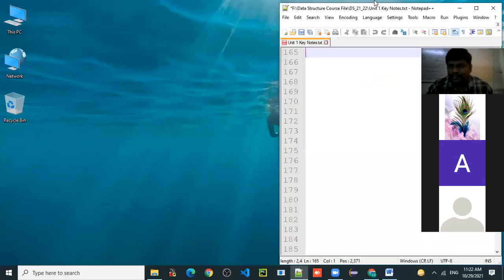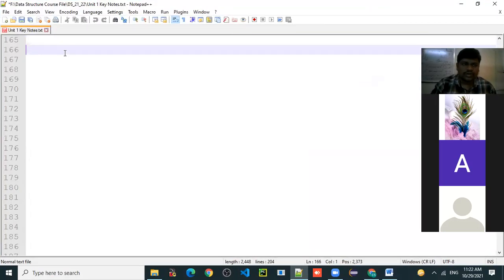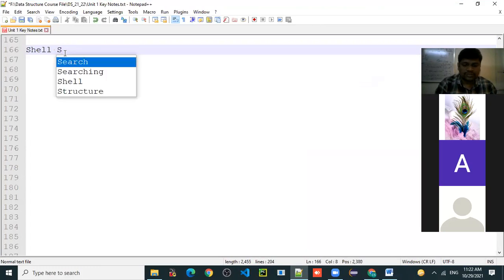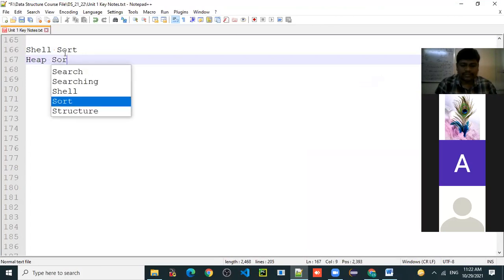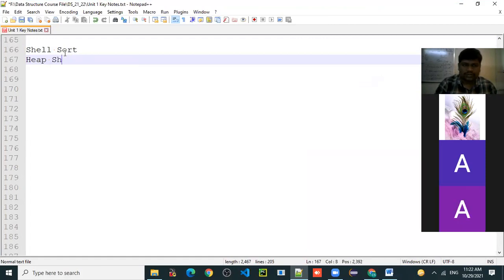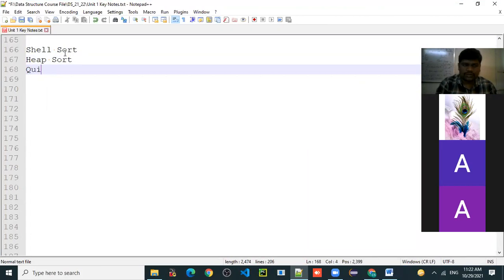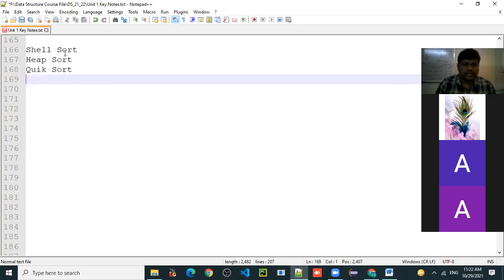So which ones? Shell sort, heap sort, quick sort, and radix sort. The sequence doesn't matter.